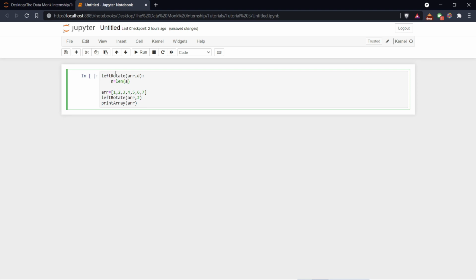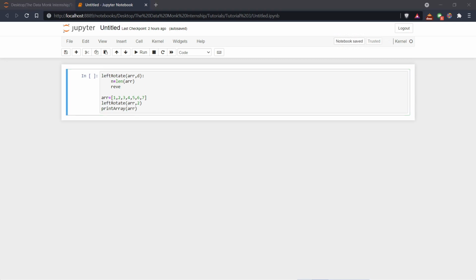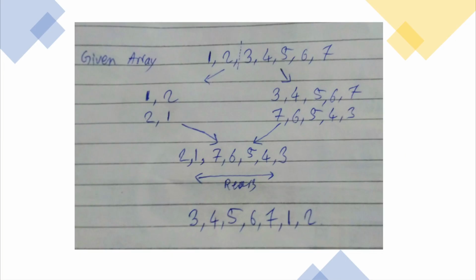Len is a function that will provide the length of the array, or the size of the array. Inside this left rotate function, we will use another function which we will name reverse array, because as I have already mentioned in the presentation, let me show you the presentation again. As I mentioned here, we are going to rotate it, but for that we are going to reverse the array